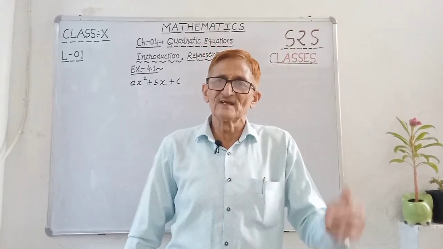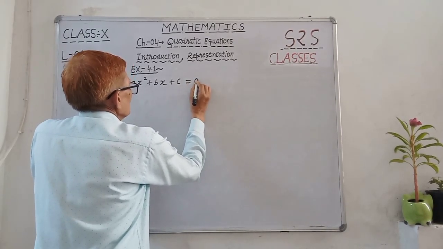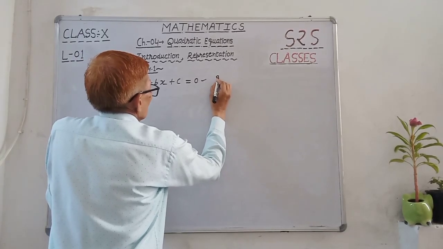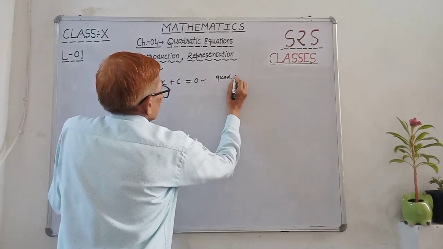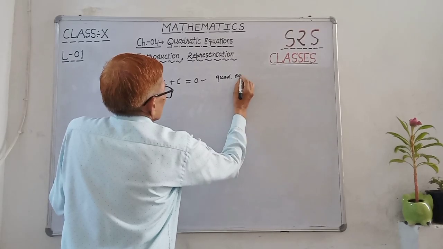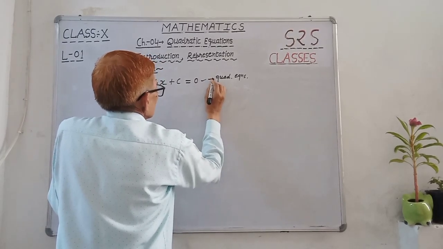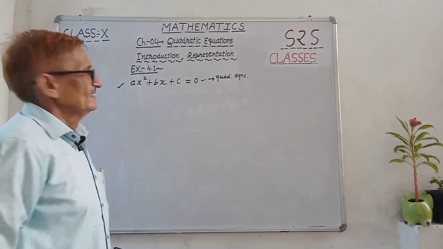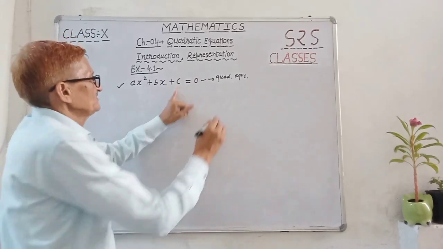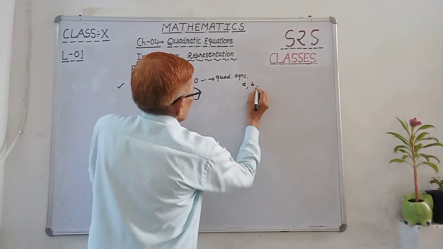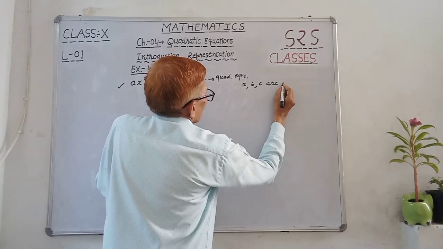When we are putting it equal to 0 and finding the zeros, now it is a quadratic equation. This is the standard form of a quadratic equation, where a, b, c are any real numbers. In quadratic polynomial also, a, b, c are real numbers,